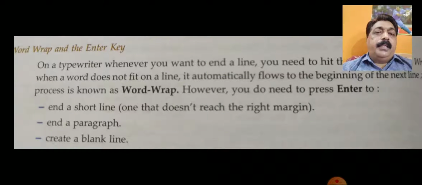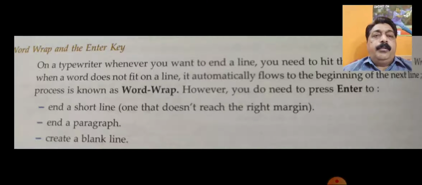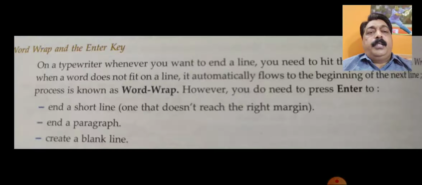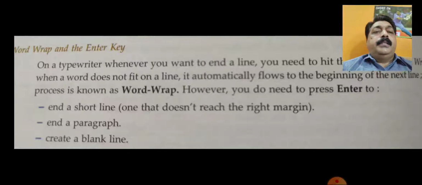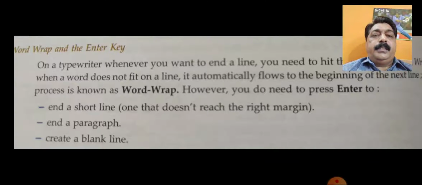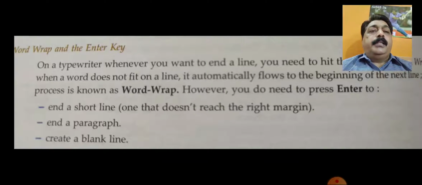Otherwise, when one sentence is over, the Writer will adjust the text in the line and the cursor will come automatically on the next line. So we do not have to bother about how it will come on the next line. When your line is over, it will automatically come down. If the line is short, then to come on the next line, you can press the enter key. Or if you want to give some more blank lines, then also you can press the enter key.